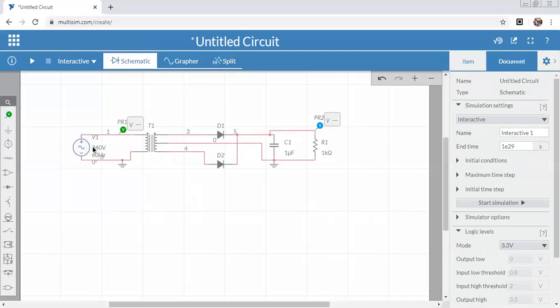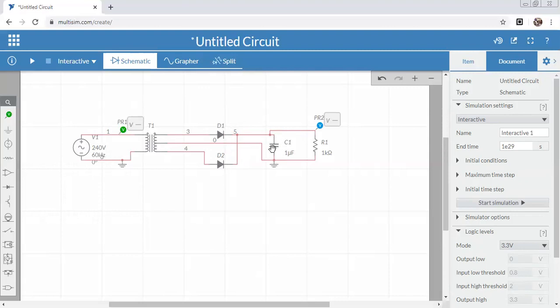So this input power supply is given as input to the transformer. The transformer output is given as input to the diode. This diode acts as a rectifier. This transformer acts as a step down transformer. So 240 volt AC to 12 volt AC, and 12 volt AC to... there is some resistance present inside the diode. We already know that resistance can control the flow of current. So there is some voltage drop here. So 12 volt AC is converted to 5 volt DC by using this diode. This diode acts as a rectifier.